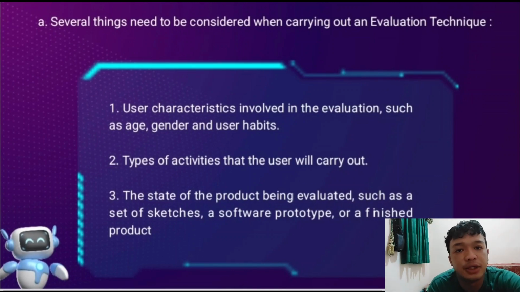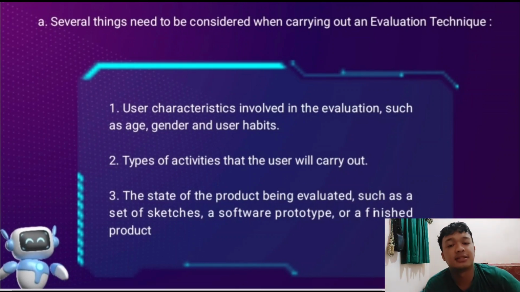And then fourth, user goal. User activities are usually related to specific goals. Evaluation should ensure that the product or system supports achieving those goals in a manner that is effective and satisfying for the user. And next, physical interaction. Some activities may involve a lot of physical interaction such as typing, swiping on the screen, or using buttons. Evaluation should consider comfort and ease of use in the context of the activity.